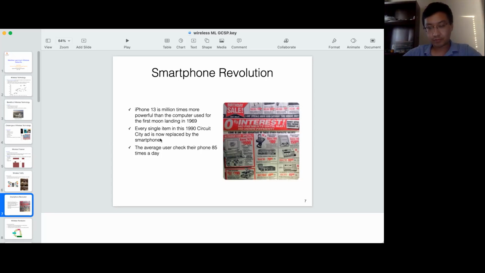A single smartphone. And also nowadays, the most recent version of iPhone 13 is millions of times more powerful than the computer used in the first moon landing back in 1969. Okay, that computer was the most powerful computer at that time. But now our iPhone is just a million times more powerful than that. And also